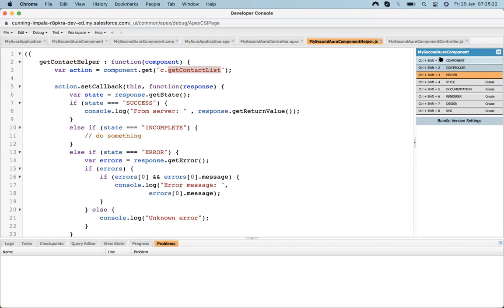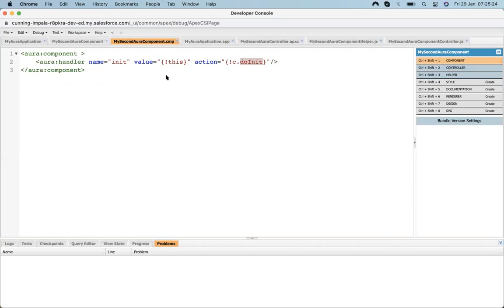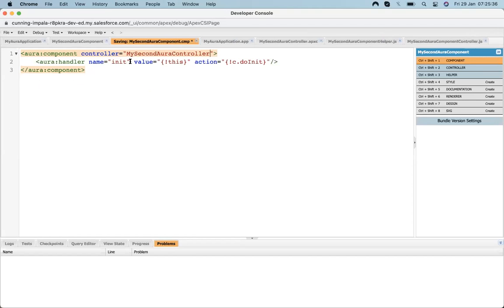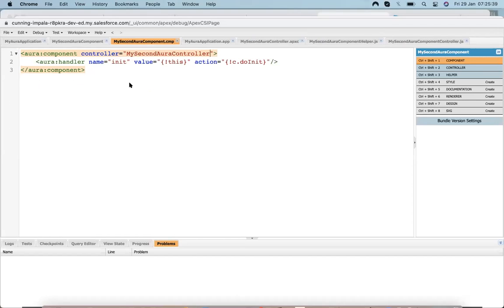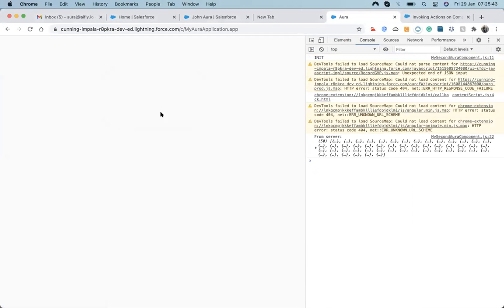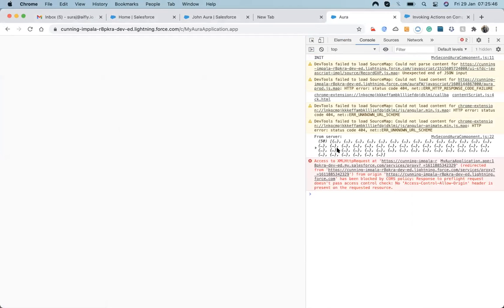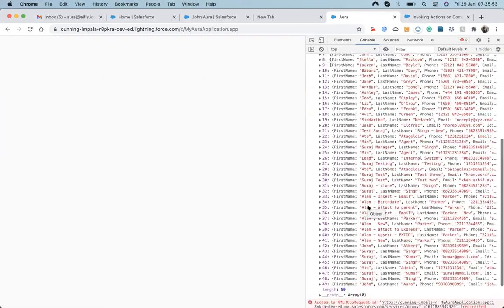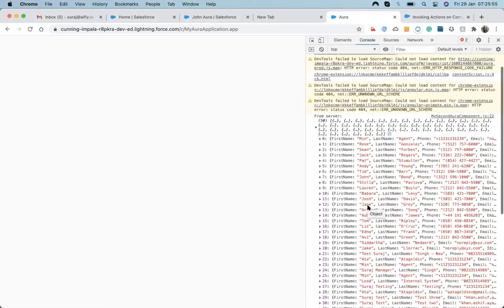Why is it giving the error? Because we haven't bound the Apex controller. Now we can see that from the server, I'm getting the list of these contacts.